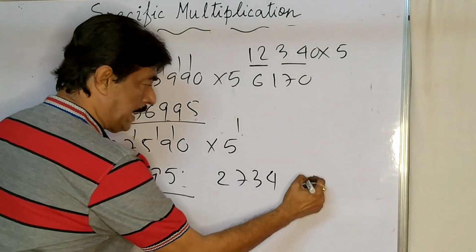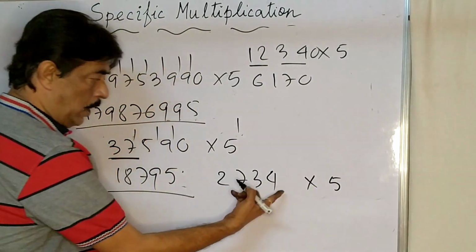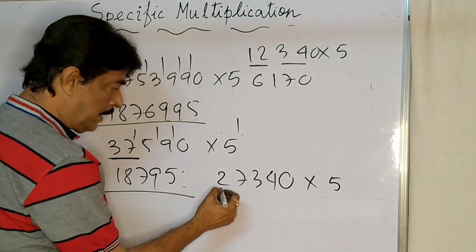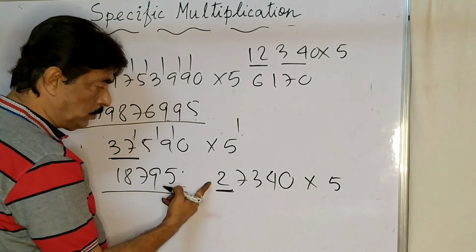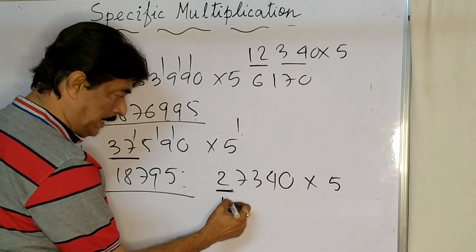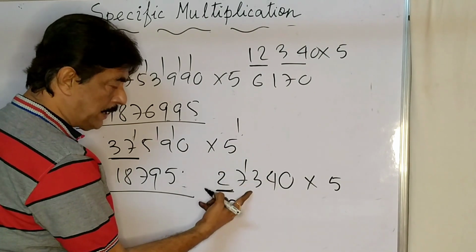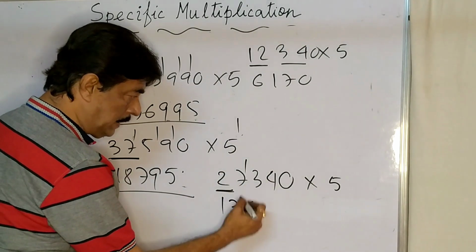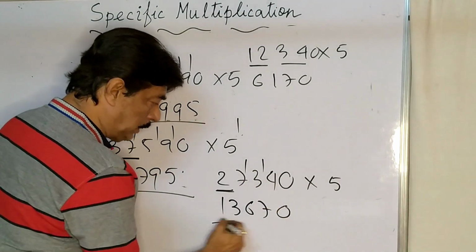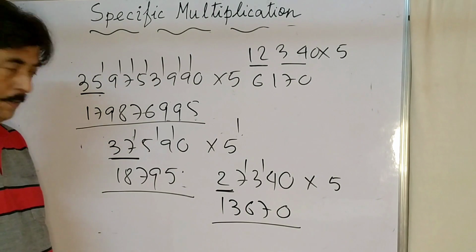If I go for this number, 2734 multiplied by 5. We are mixing even and odd numbers. Put the rule the same, put 1 0 here. I can divide by 2, 1. 7 odd number, previous even number 6, divide by 2, 3. Carry 1. Previous even number 12, make it up 6. 14, so it is an even number, make it up 7, 0. Your answer is 13670.